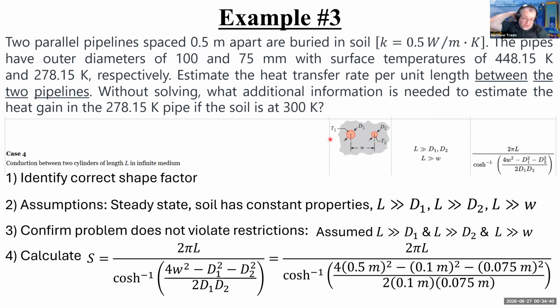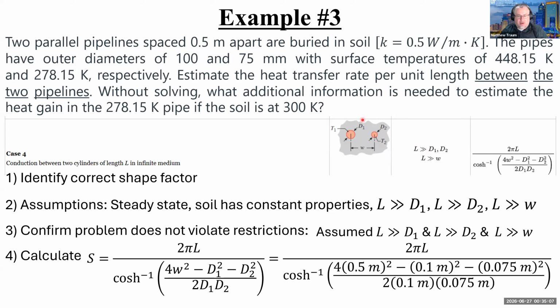Okay, so we're going to identify the correct shape factor. Hey, the jig is up. It's case number 4, conduction between two cylinders of infinite length. We're going to think through our assumptions. Our assumptions include the situation is steady state, and the soil has constant properties, particularly constant K. We need to also make some assumptions about